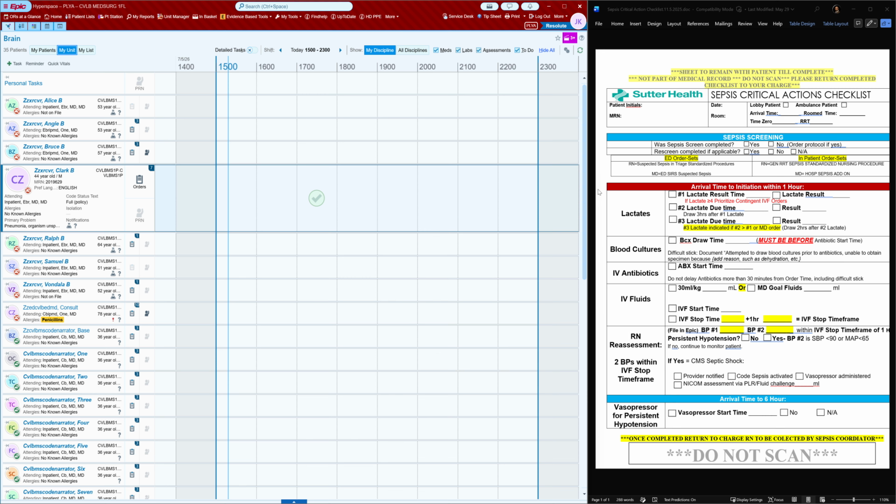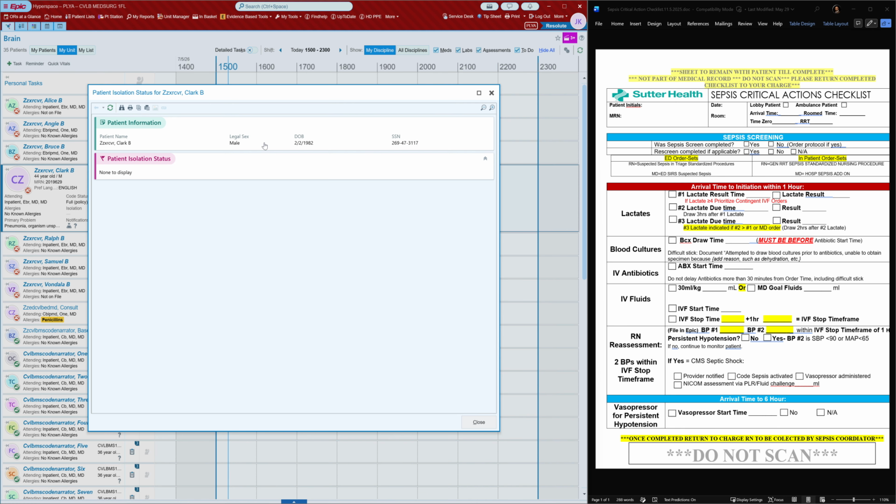The purpose of this video is to show that the sepsis critical actions checklist exists in the EHR, meaning in the navigator as well as the flow sheets. So if I go to my patient, just go to this patient,